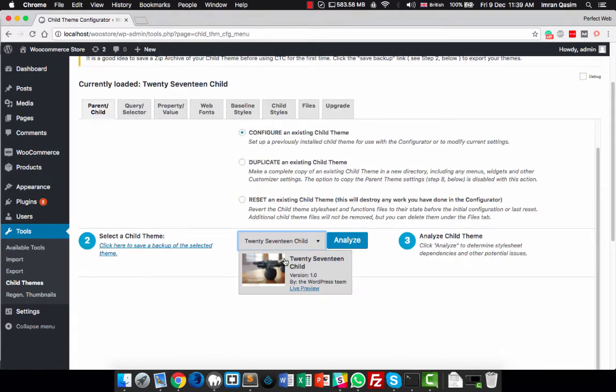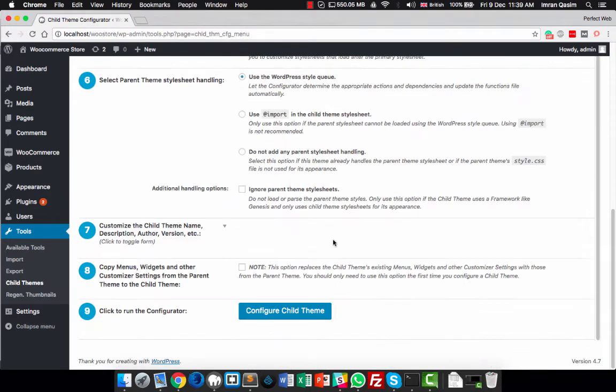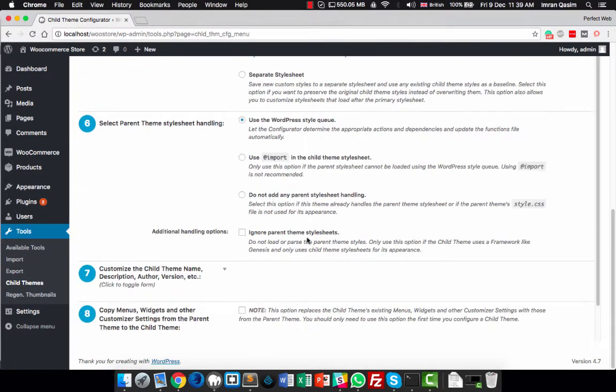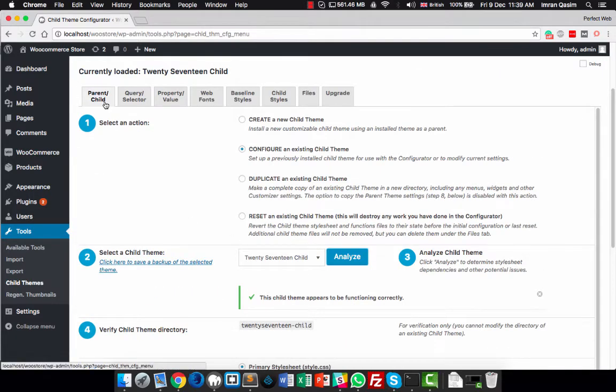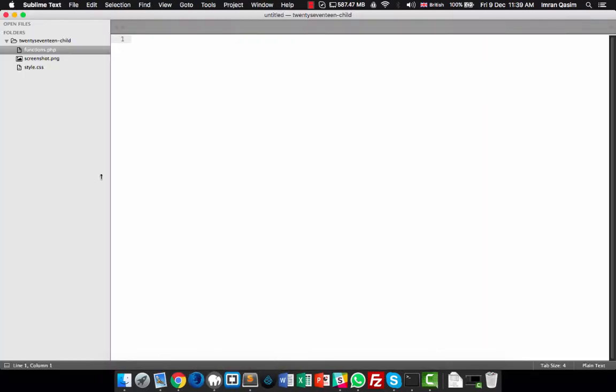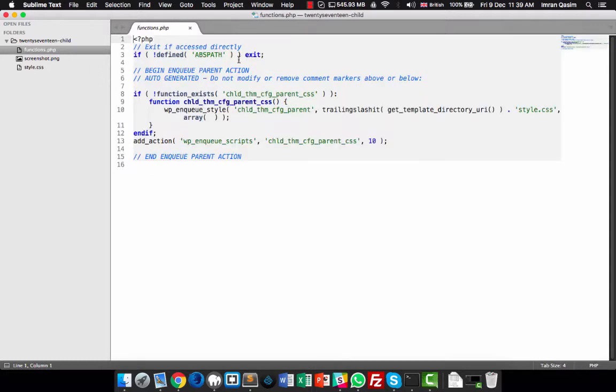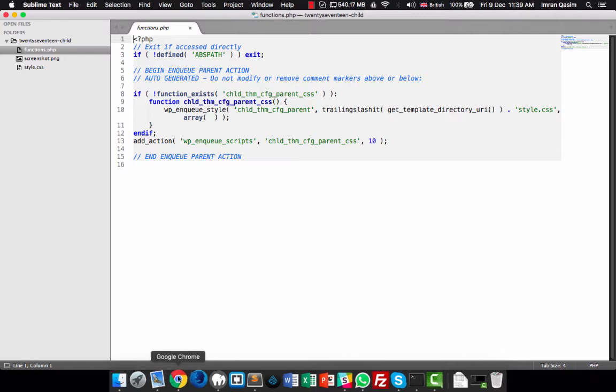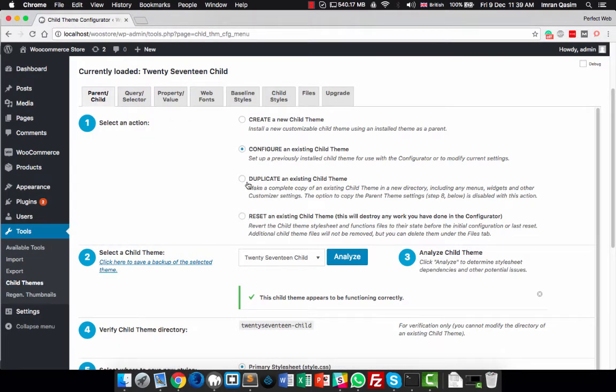So the child theme is already selected and there is only one child theme. Just click analyze and everything is going good, and if you want to make any changes you can make them here. Now again, let's explore these tabs a little bit. The parent child, you can further create a new child theme or duplicate an existing child theme or reset an existing one to its base. Like if you made some custom changes by moving your style sheet here and functions.php, you have added some extra functions, then you can reset them using this option,